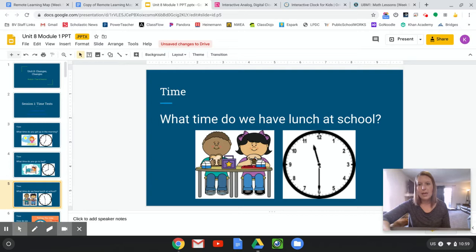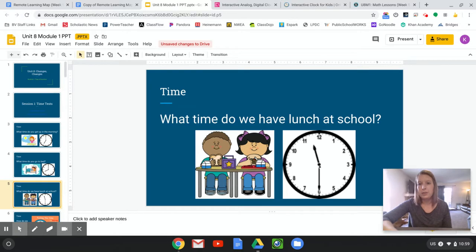What time do we have lunch at school? So read this clock. This is our lunchtime at school for everybody. You might have a different lunchtime while you're at home, but this is our lunchtime at school, and it is 11:30. Now, can you think of another way to say 11:30? Another way to say 11:30 is